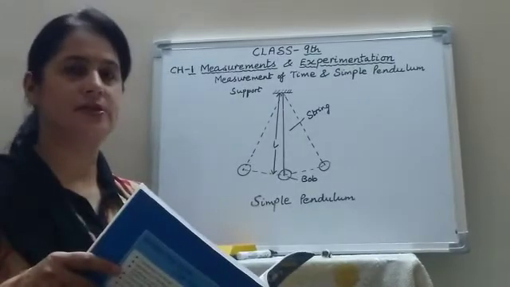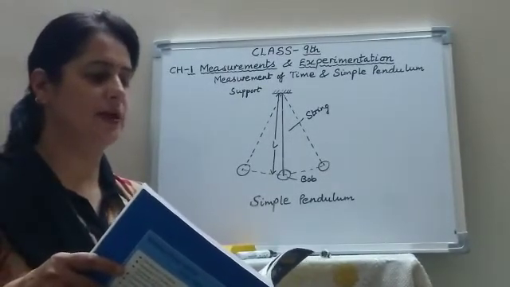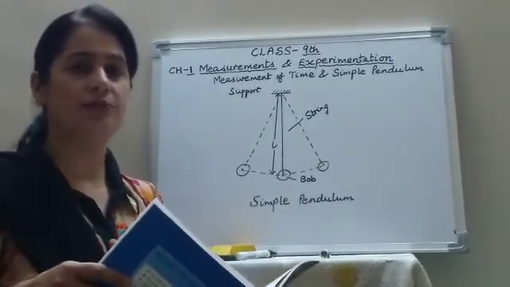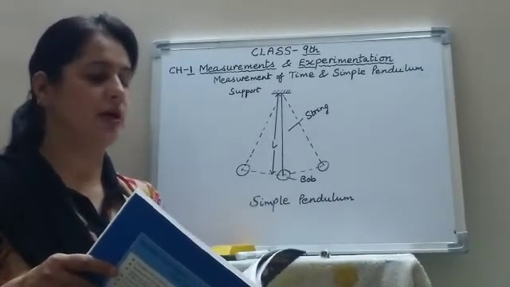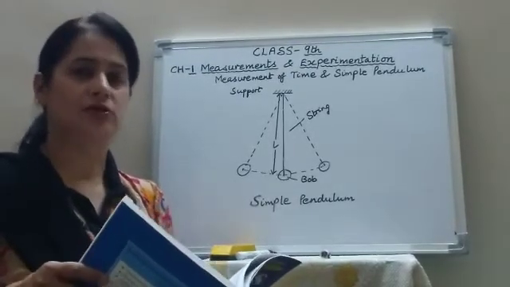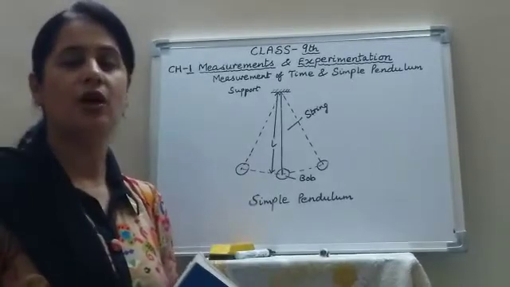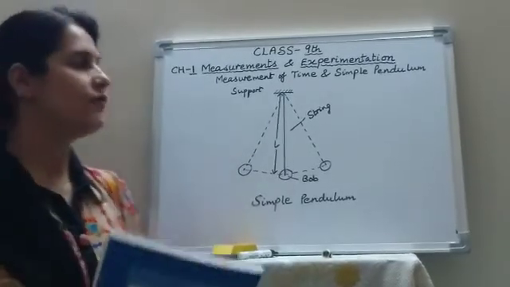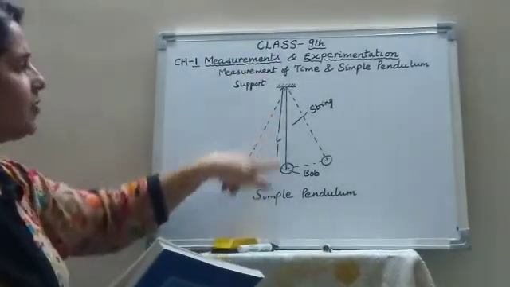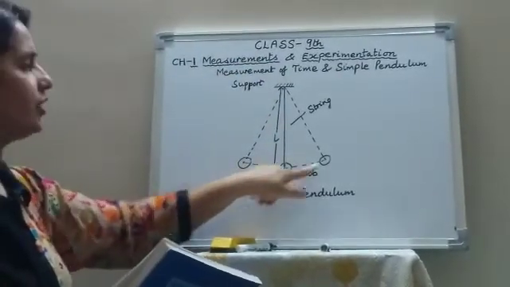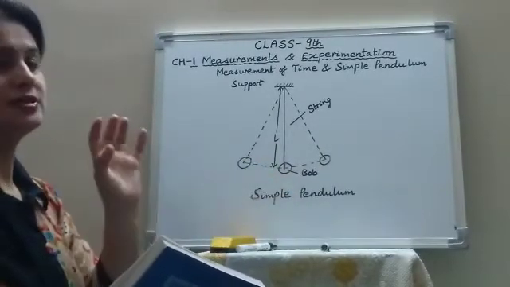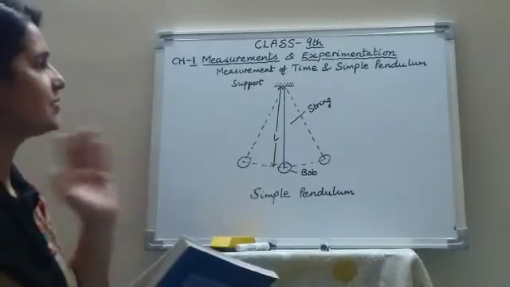Now we will do unit C, measurement of time and simple pendulum. Now children, in offices and homes, you commonly use a pendulum clock to measure time, which is based on the periodic oscillations of pendulum. So today we will study the principle of simple pendulum. First of all, what is a simple pendulum? This is the diagram of simple pendulum, which is showing 3 positions of this bob. Bob means a heavy point mass.